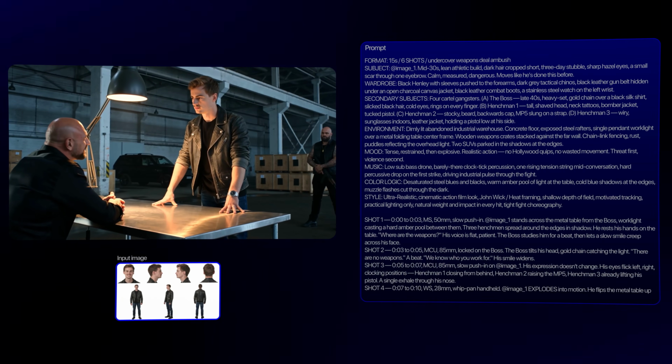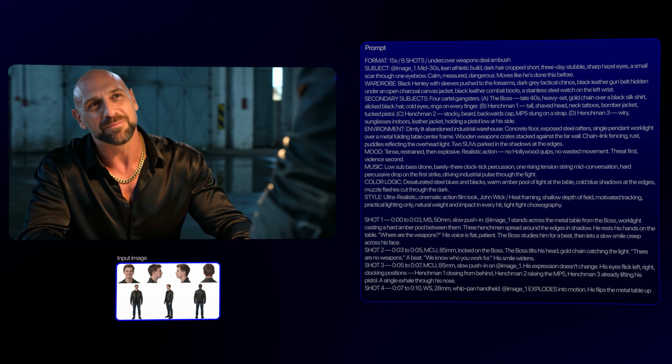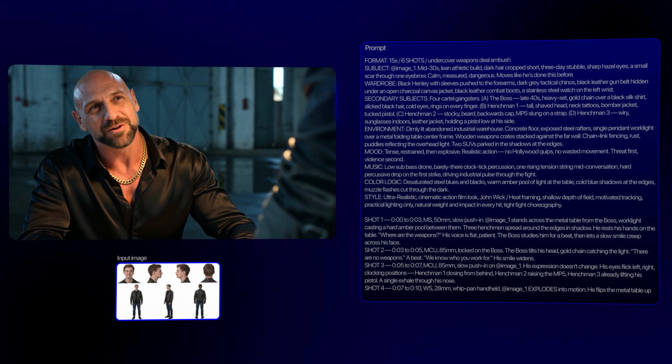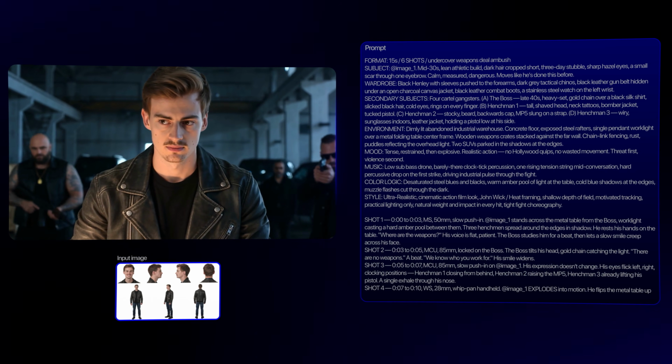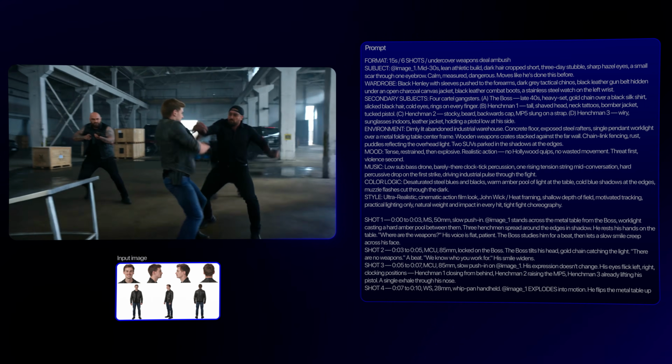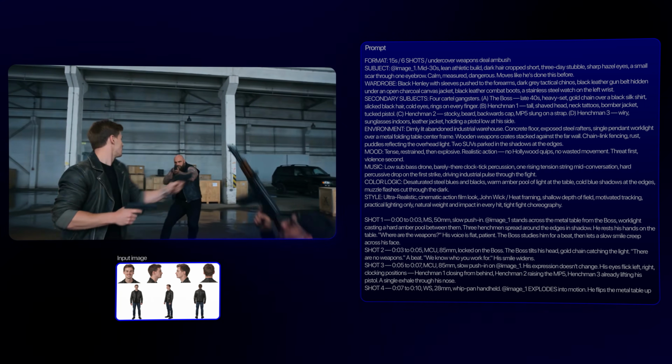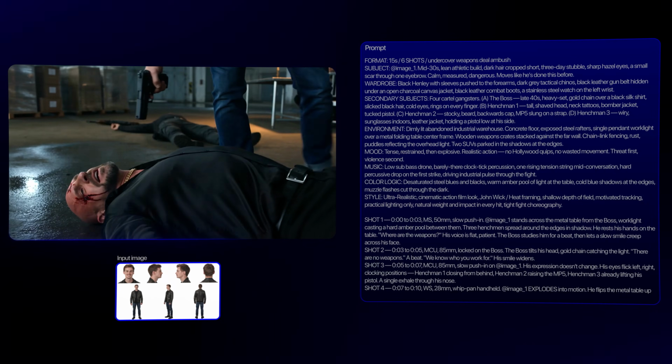Where are the weapons? There are no weapons. We know who you work for. Where are the weapons? So yeah, now you can be your very own John Wick while just typing away behind